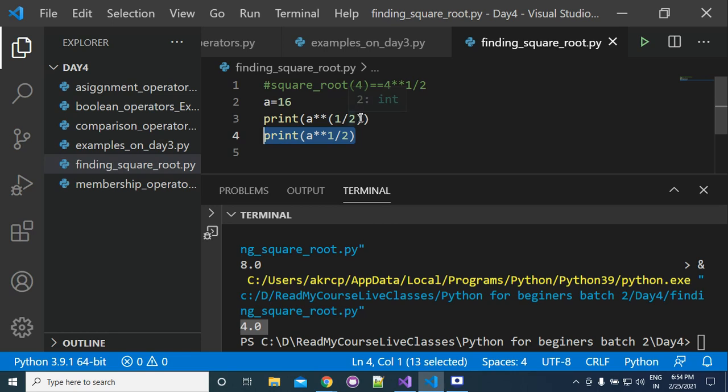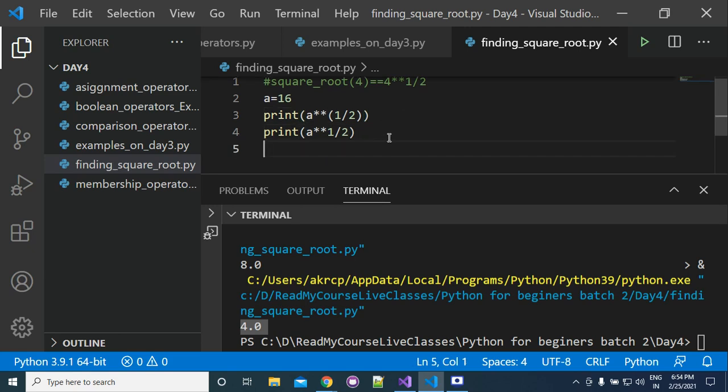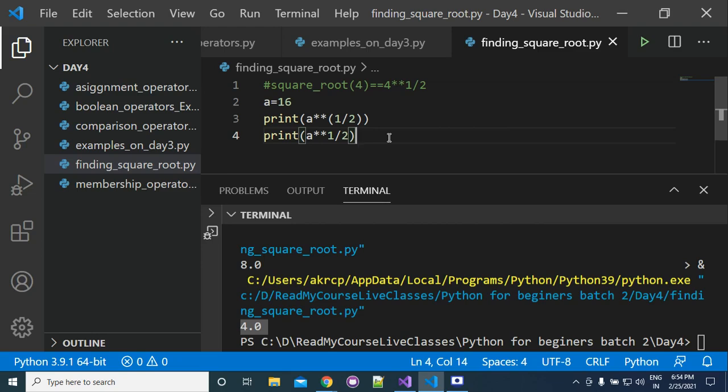But here precedence of bracket is always higher. So first this value will be calculated, so this value will be converted to 0.5 and then you will get a double star 0.5. Now you will get 4.0. So calculating square root is very simple. If you have any doubt, please ask.